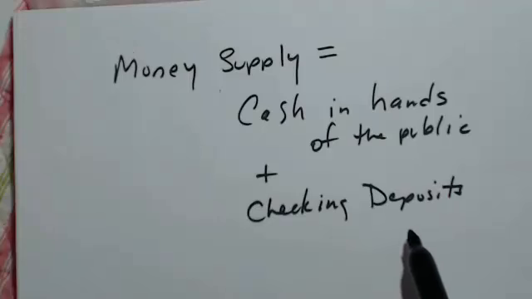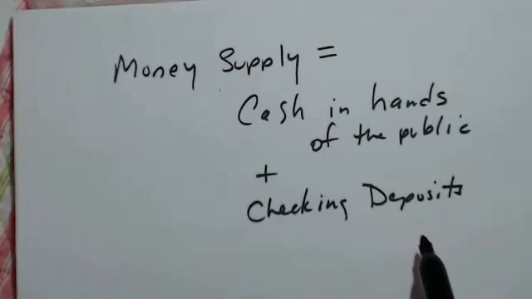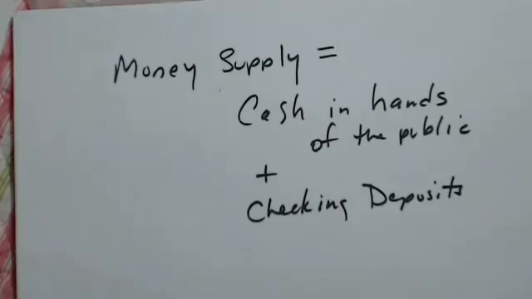Checking deposits are considered an extremely liquid source of money, basically. So you can convert your deposits into cash quite easily, and so it's considered part of the money supply. There are various definitions of the money supply. This is M1 if you're interested. There are other definitions, M2, M3, which really we don't need to get into. Just think of the money supply as being cash in circulation plus checking deposits for now.